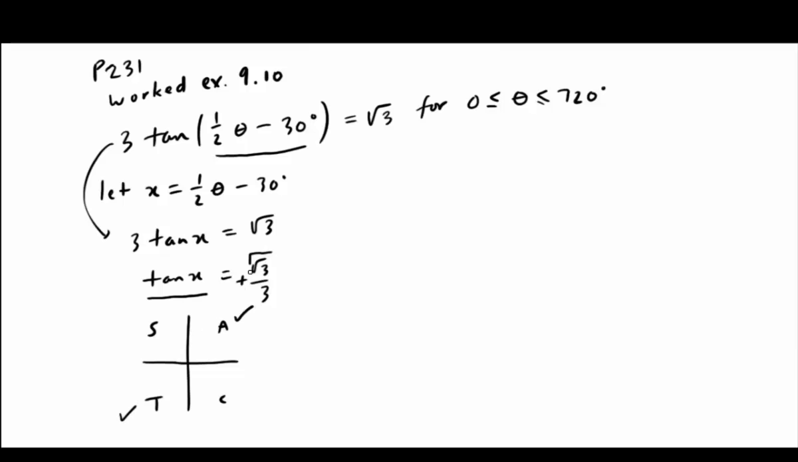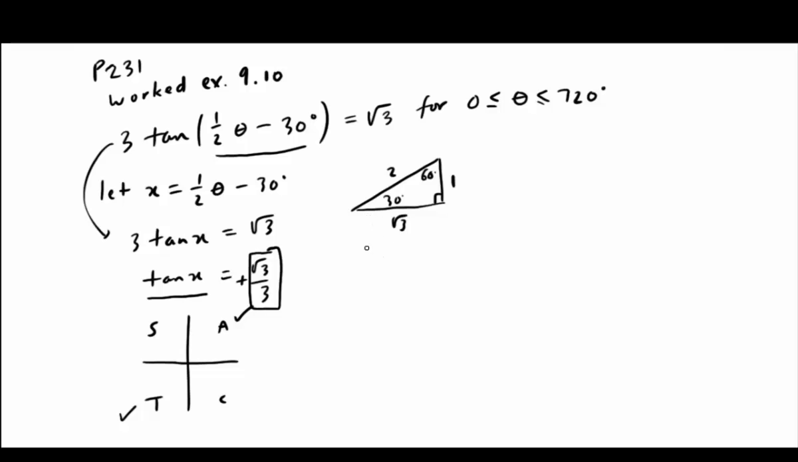Now focus on this value. This is a special value, and we're dealing with special angles. Hopefully you remember that tan 30 degrees is root 3 over 3 and tan 60 is root 3. Now where does that come from? We have 1, 2, root 3. So what we have is